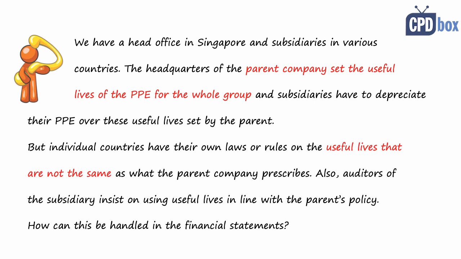This is again a great question because it happens on a regular basis, and many companies within the same group use different useful lives of their assets. And auditors insist on depreciating these assets over uniform useful lives throughout the group. Well, I personally don't like it. Yes, it is very practical to write in the consolidated notes that, okay, we are depreciating our machines over 10 years, our cars over 4 years, and our buildings over 40 years. And the reader knows that whether it's a building in Spain or Singapore, it will be depreciated over 40 years. That's very practical, no dispute on it.